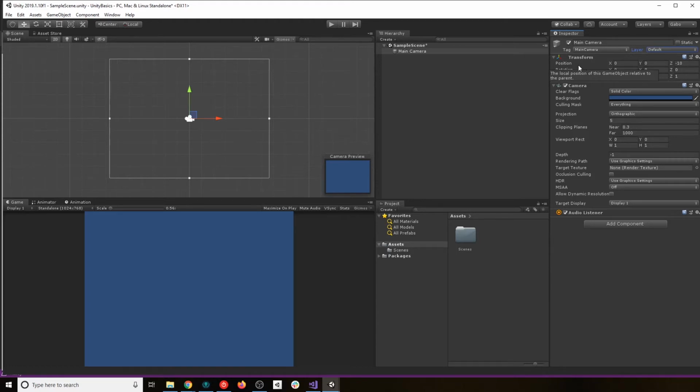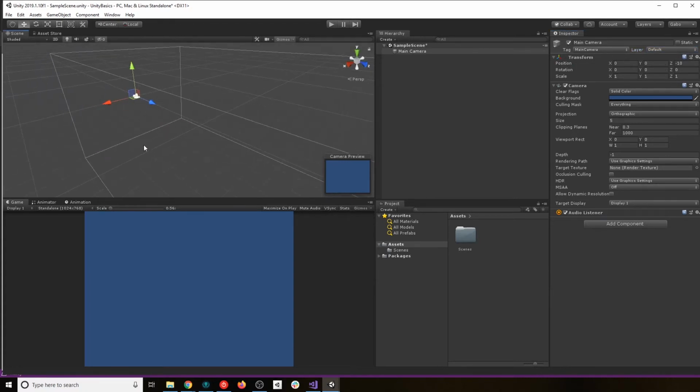rect transform. A transform is just a compilation of three variables basically here that we can see. So the first one is the position in the 3D space of that object. So we have that our camera is positioned on the x 0 on the x axis, 0 on the y axis, and minus 10 on the z axis. So if we look at this, this is how it looks. You see, my camera is 10 units away from the plane,